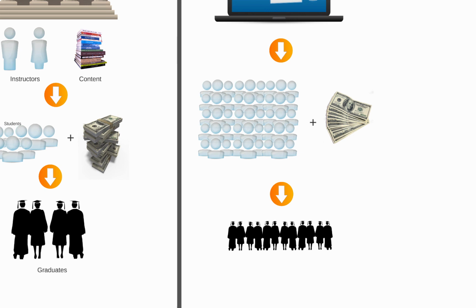Now MOOCs have a lower completion rate initially, is what we're seeing. We don't know what those completion rates will be if we incentivize that with college credit or degree programs. But if you fail in a MOOC, your consequence is much lower. You're not burdened by thousands of dollars in student loans. If you attend a traditional university and you don't complete your degree, you still have to pay back that giant student loan debt. So the theory that I have is that we can use MOOCs to provide more access to higher education at a more affordable rate with lower risks for students. And the return on the investment will be much greater.